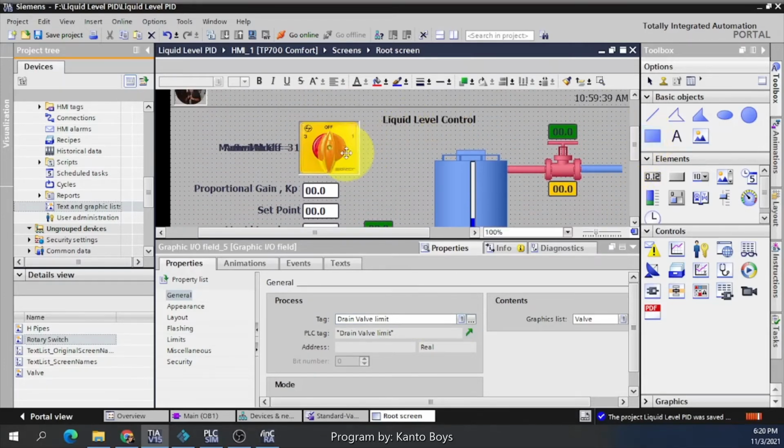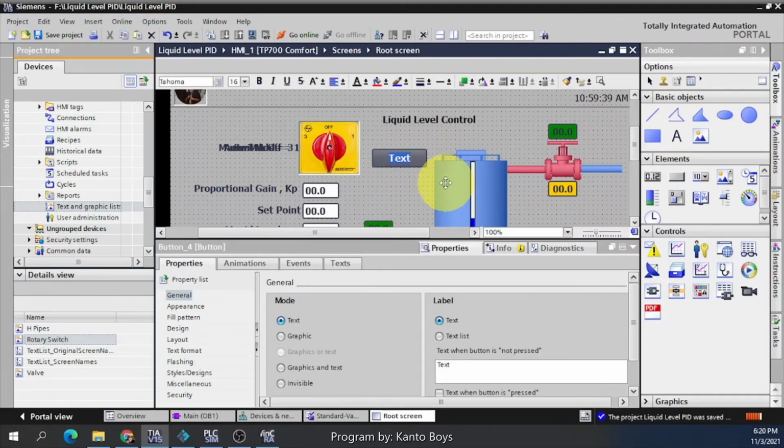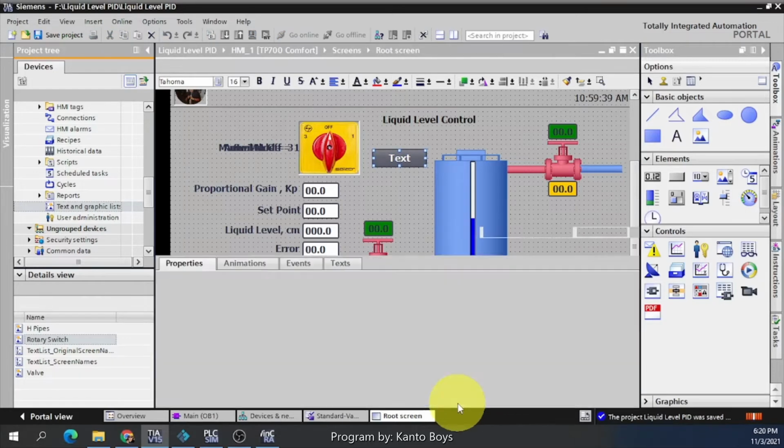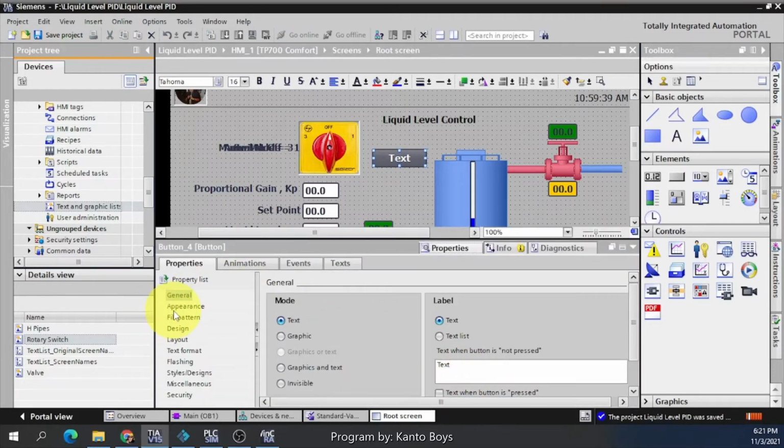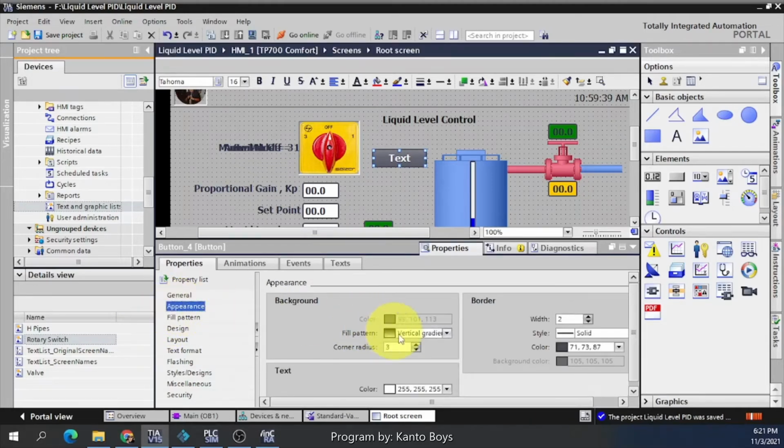In the rotary switch, I put 3 buttons. I drag 3 buttons here and remove the text. You go here in properties, then remove the text, and go to appearance.